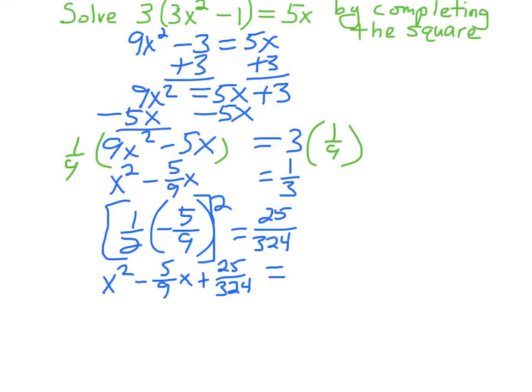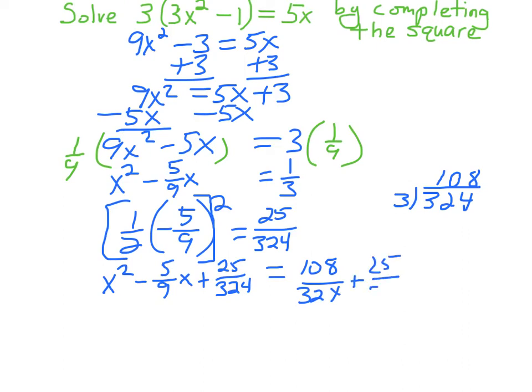Now, I've got to get 1/3 with a denominator of 324, so I've got to think about that for a second. Okay, so since I had 1/3 on that side, I'm looking at this 1/3 right here. So I've got 1/3 is 108/324, and then plus I've got to add the 25/324. And so go ahead and factor here, x minus